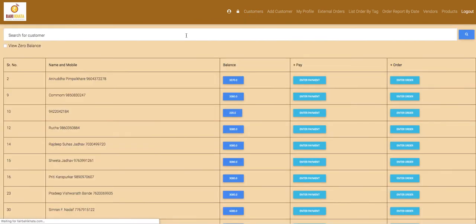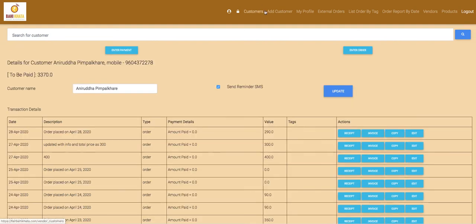For example, here I'm going to see all those orders for the same customer. I can go through this route also. As you can see, the order was placed and the total amount was 90. I can always generate receipts, I can generate an invoice, and of course, for this particular customer I can also enter the payment and everything, right? You can see the enter payment.